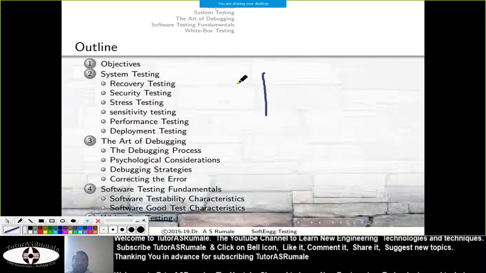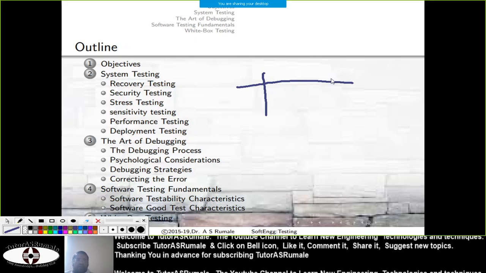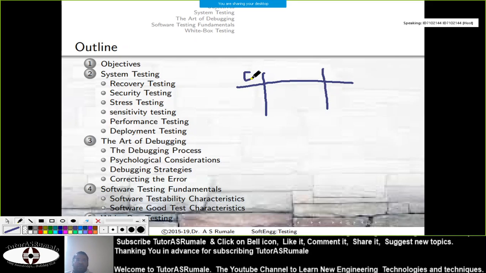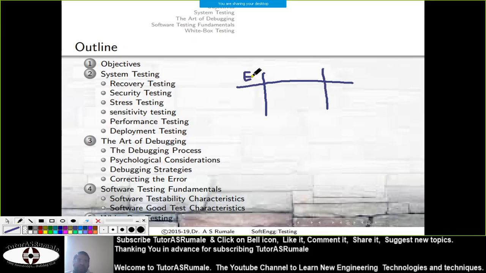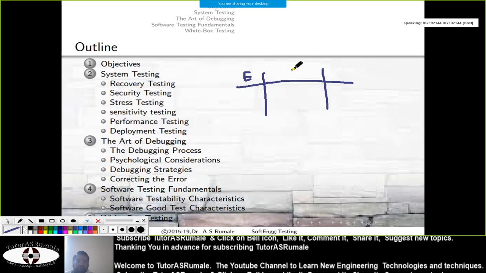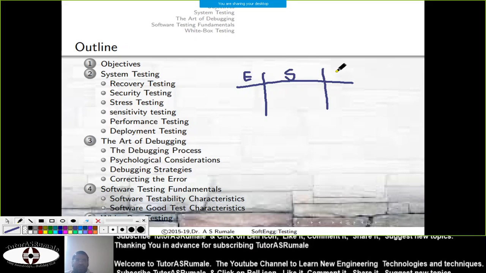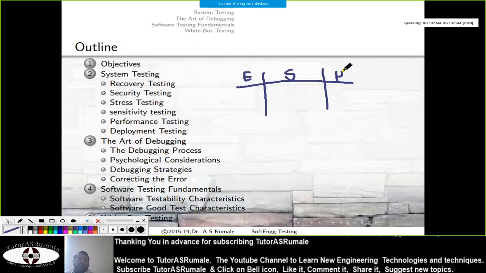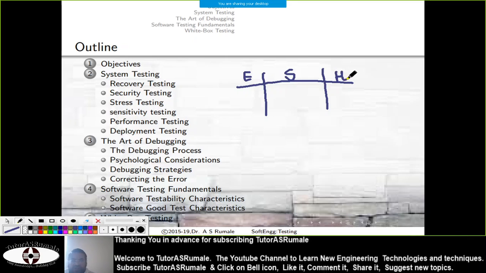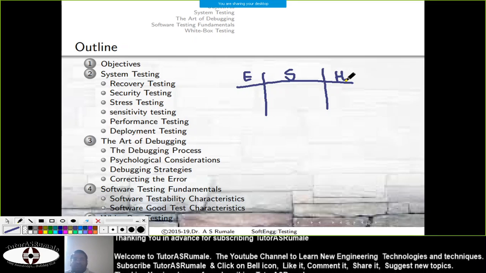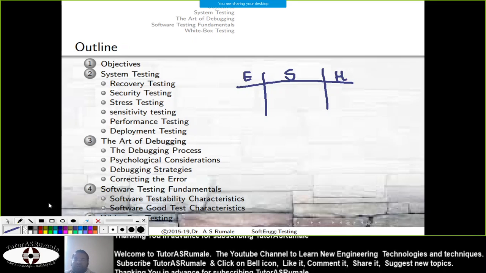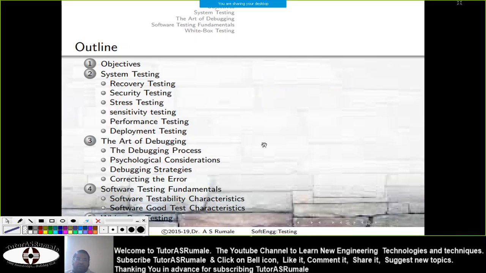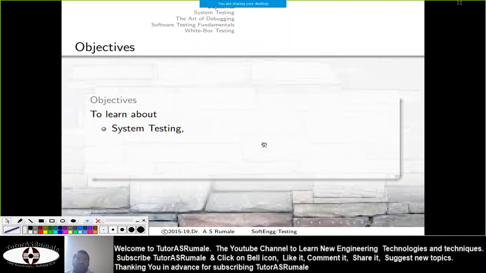So when you are in system testing, obviously you have three kinds of testing. The first is what we call environment testing, which is non-engineering. What type of environment is there that you need to test? Then you have your software testing, which is your engineering testing. Then you have what we call user satisfaction testing, or validation testing. Not all system testing is carried out by software engineers. Some parts of system engineering are carried out by other engineering fields.